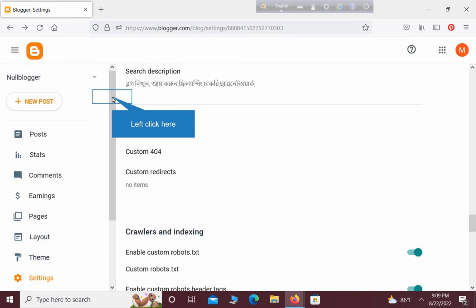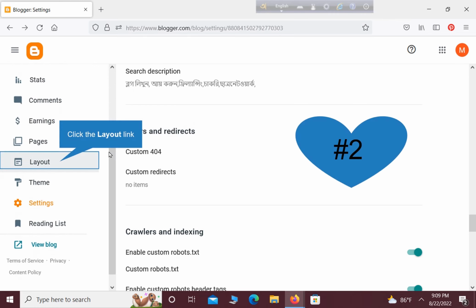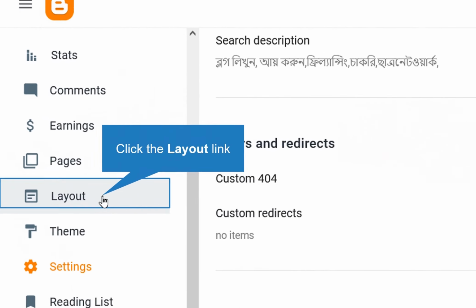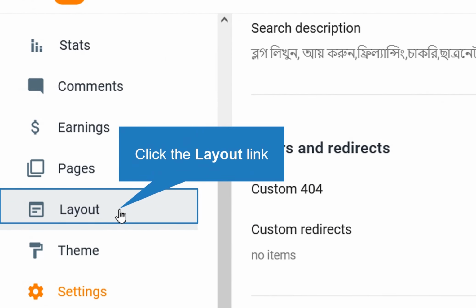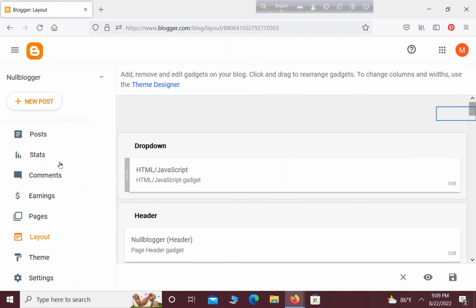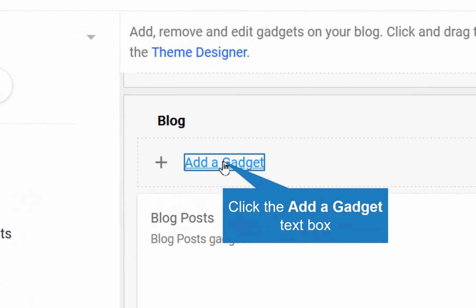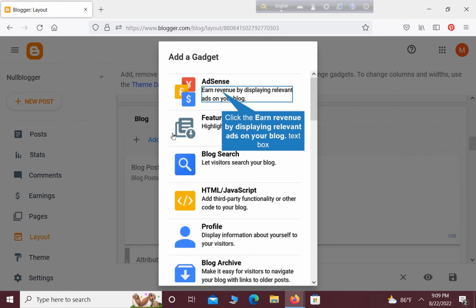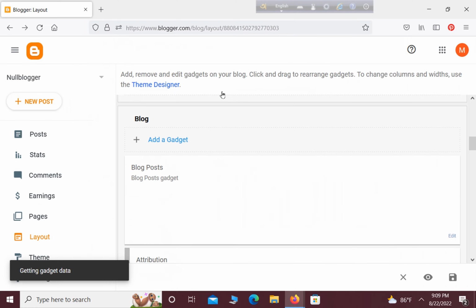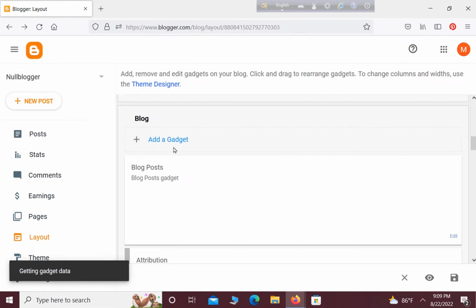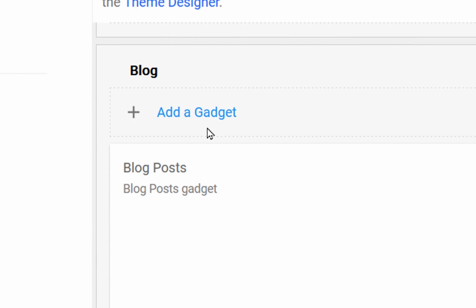And the second guide, now we learn how to add the ads code as an ad unit code on the blog. So we need to go and click the Layout button. So you can see that's the interface. Here is my layout, and click on any ad gadget. So you can see that's the menu. Here, first of all, AdSense. So click on AdSense